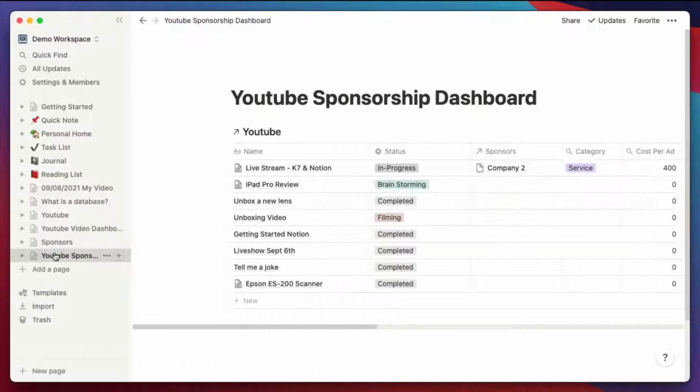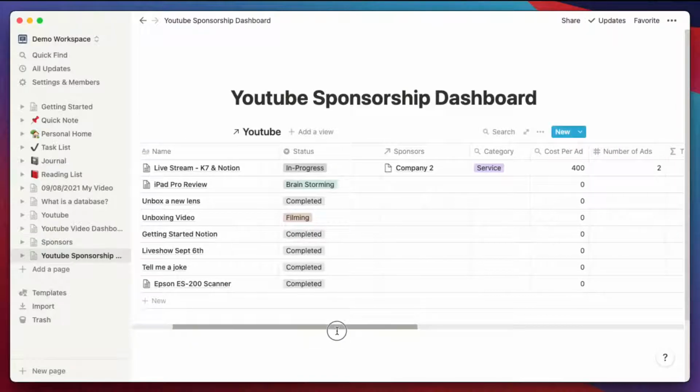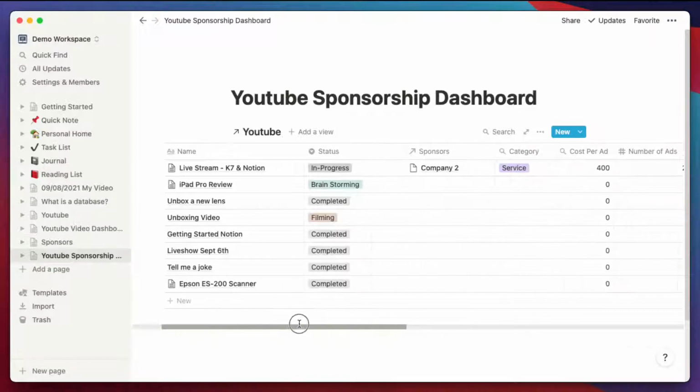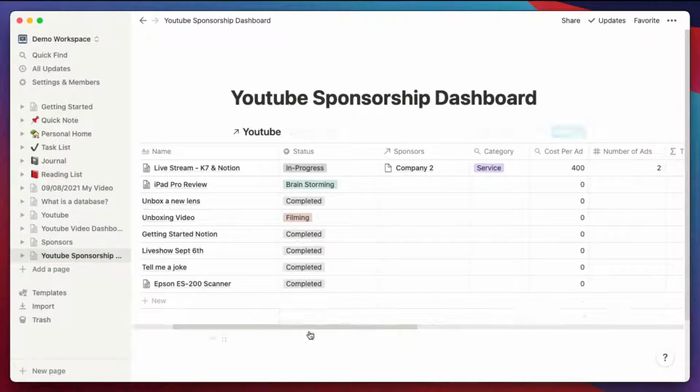And then today we talked about three different concepts. We talked about relations first. And so we have two databases that are connected together. This is a very classic way to think about a relational database. And then we talked about rollups and how you can combine those two databases into one. So it's kind of like doing a lot of joins in your queries if you're a programmer.